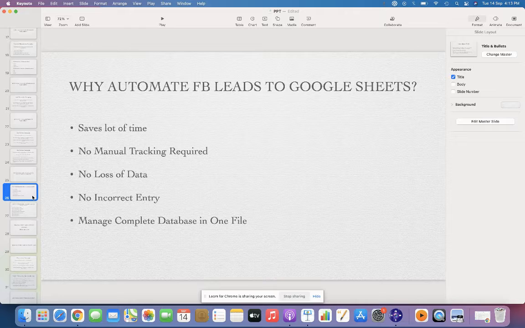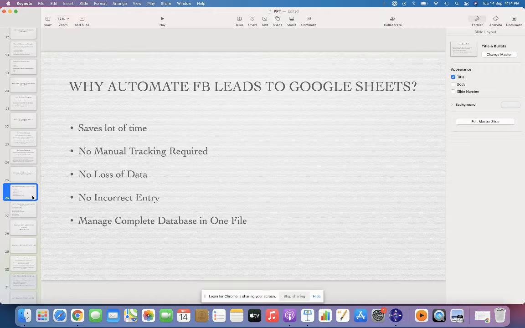Whenever you set up a lead campaign, make sure that a particular automation has been done, directing the leads to an Excel sheet, or even to your CRM as well, right? Now here we are going to see what the advantages are of doing that particular automation from Facebook leads to Google Sheets.